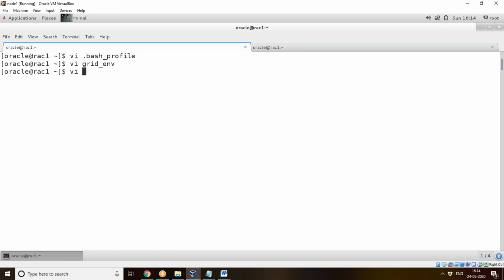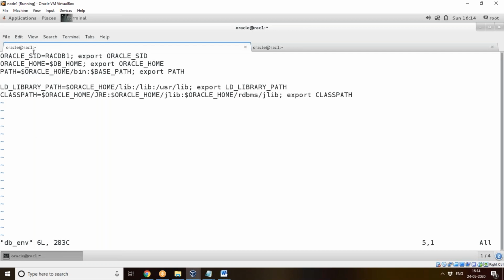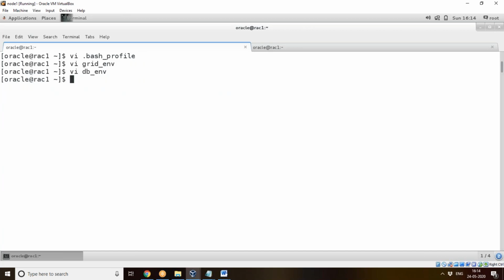Now db_environment. Under db_environment I have set Oracle home to db home, that is /u01/app/oracle/product/12.1.0/db_1. That is my db home, and under that db home all your executable files and library files will be configured. Okay, so now I have run the bash profile.